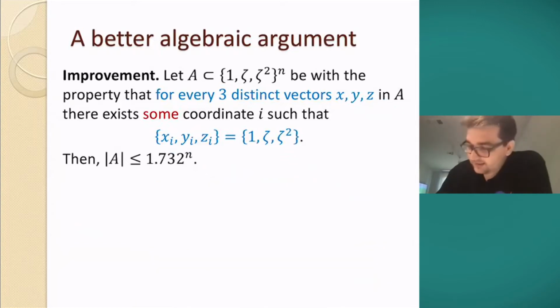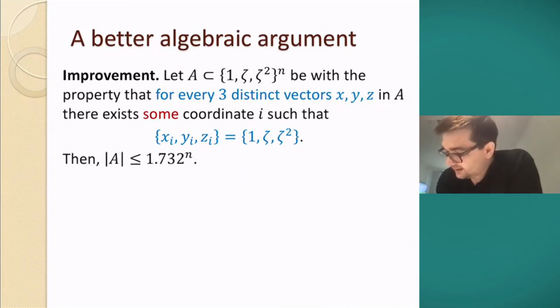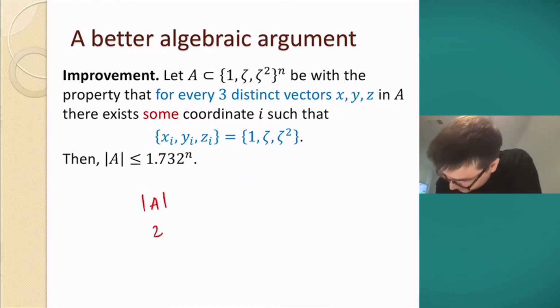And so it turns out you can prove that a Trifference set has size at most 1.732 to the n, which is a bit interesting if you have worked on problems with slice rank and the cap set problem and things like this. Beating the slice rank for a problem where it already gives non-trivial information is kind of interesting. So it turns out the proof is very simple. Where does this constant come from? We're actually going to show that